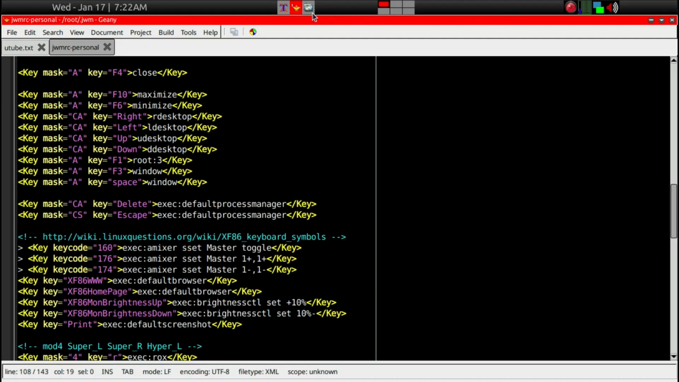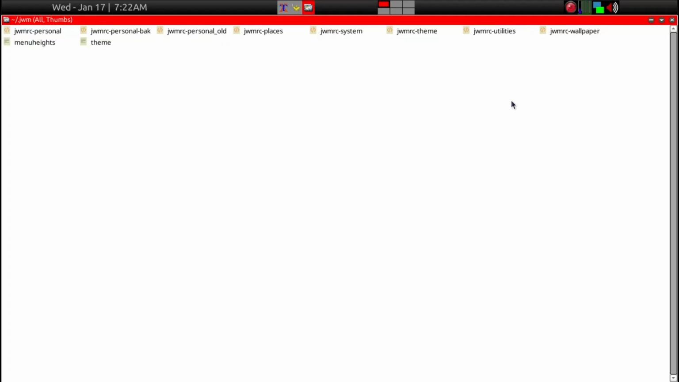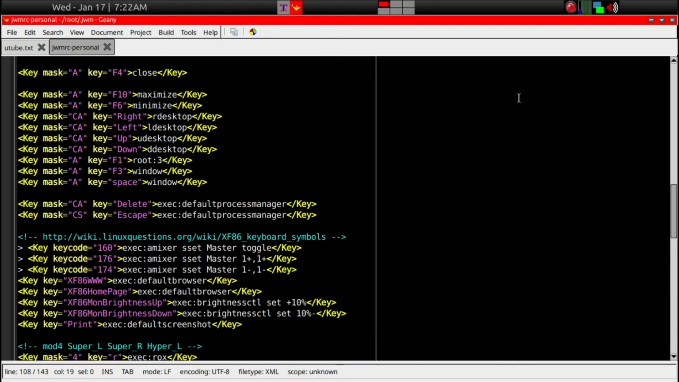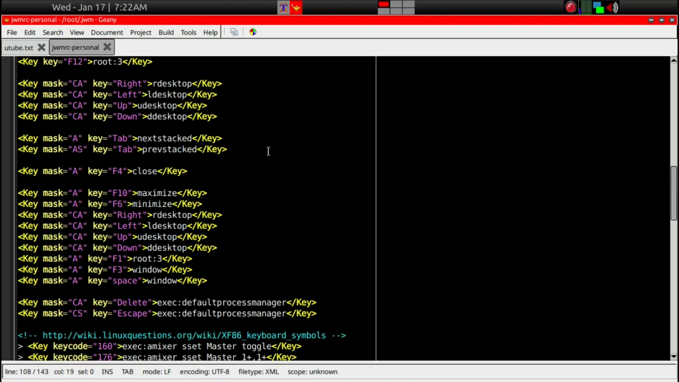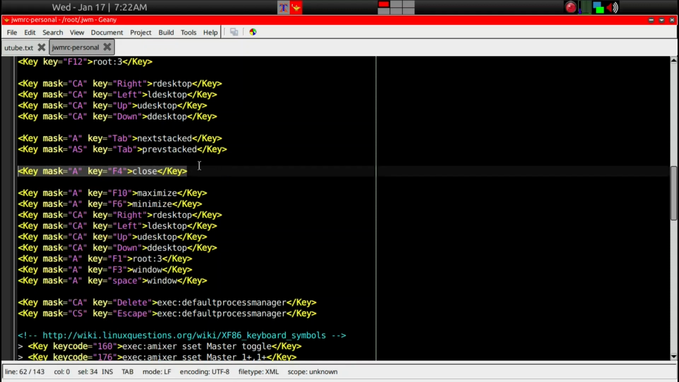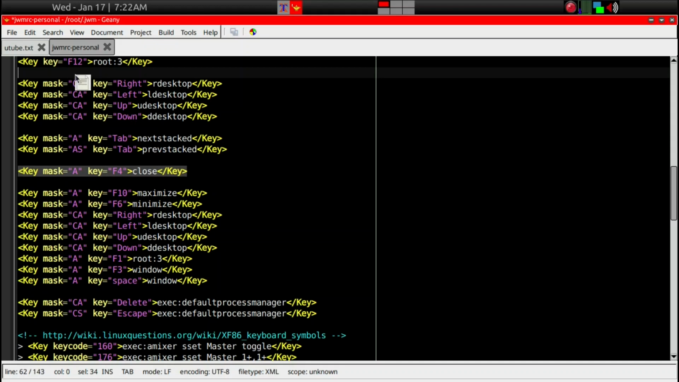So for example, right now, if I wanted to close this rox, I have to type in ALT F4. But I prefer just F4 to be the key to close an app. So what we can do is copy this, just move it like this with a mouse,